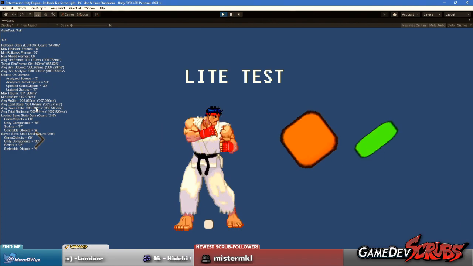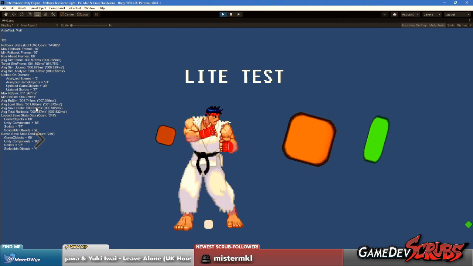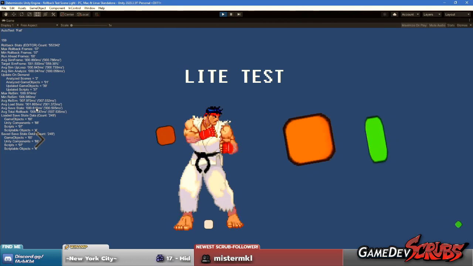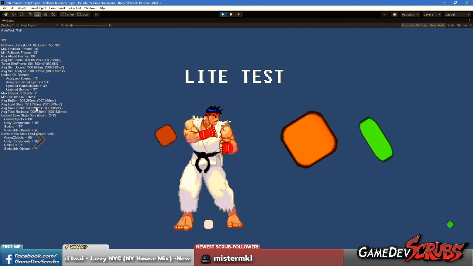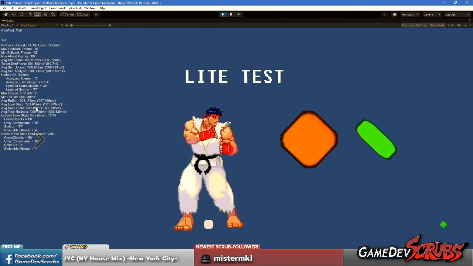In the emulated games, like in Third Strike and the Anniversary Collection, or any of the ones in the Anniversary Collection, they use save states like any other emulator would. They save state the entire game, and then they load the state. But those games are so old that works, and that's fine. If you're going to save state a modern game, you can't save state everything. It would be unfeasible, it would be way too slow.